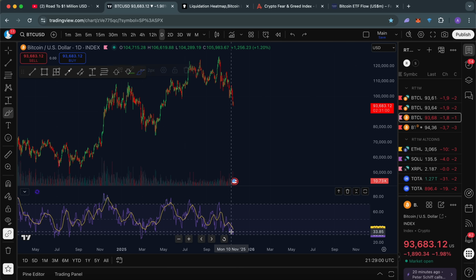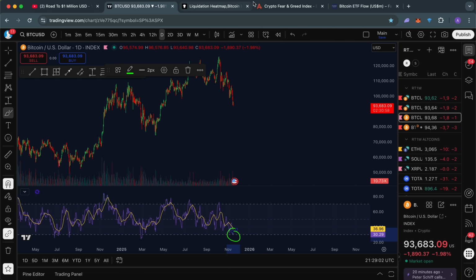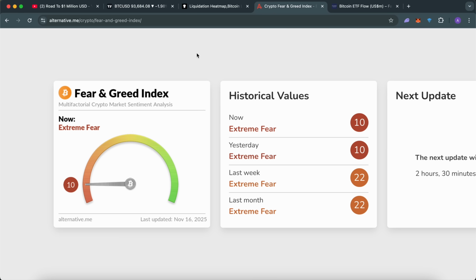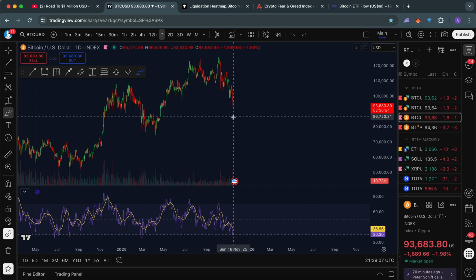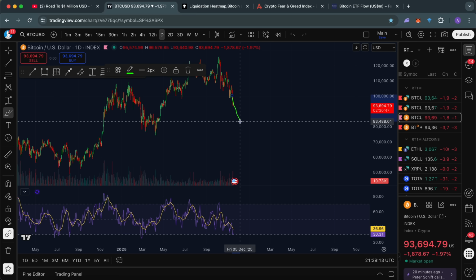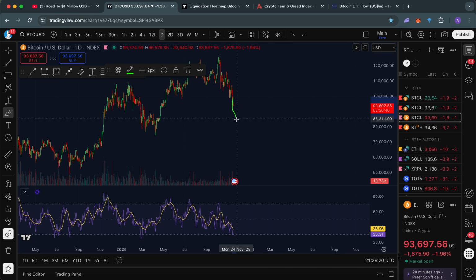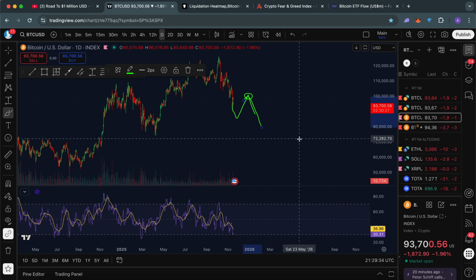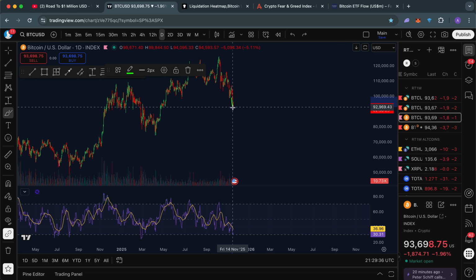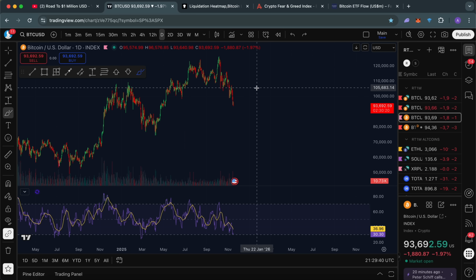My point being that the deeper we go into oversold territory and the lower we go on this fear and greed index, the riskier it actually becomes to only now start shorting Bitcoin the lower we go, right? And the more open we have to be to the possibility of at least seeing some kind of counter trend bounce that could, for example, roll over into a new lower low being formed after that. But either way, the more open we have to be to some kind of bounce coming sometime soon.